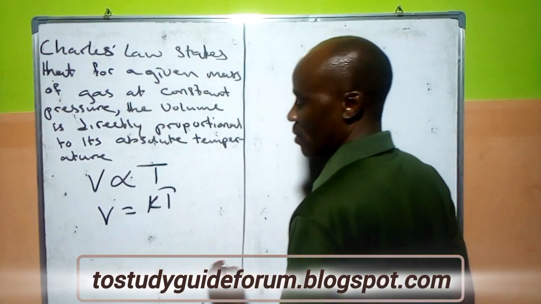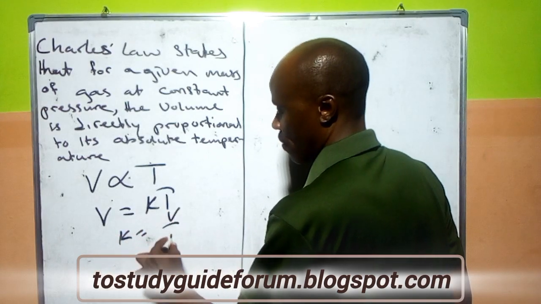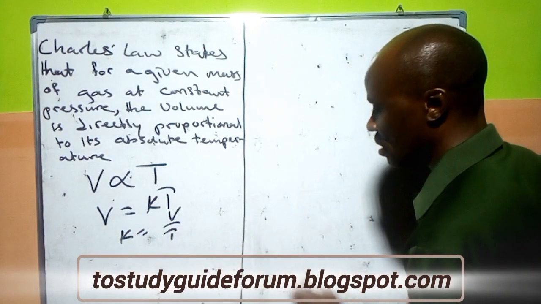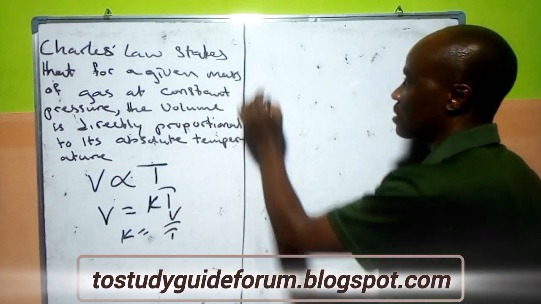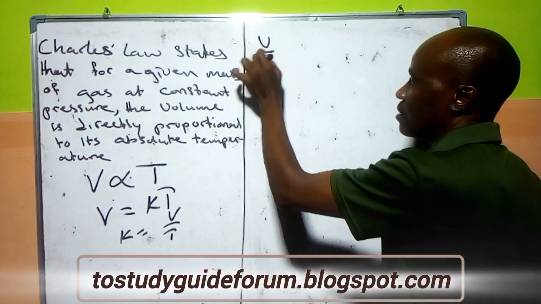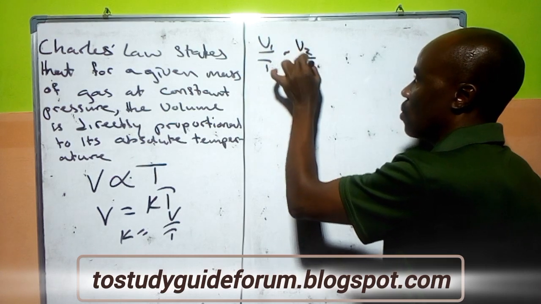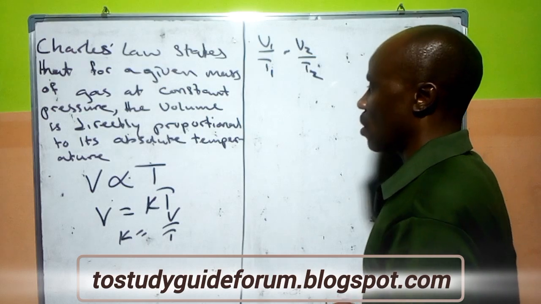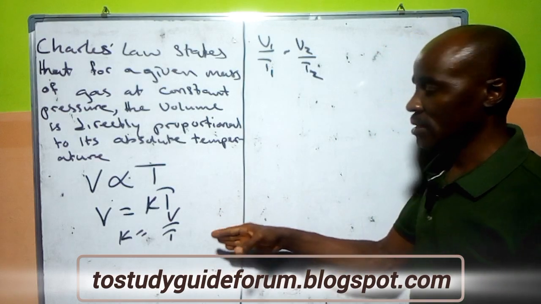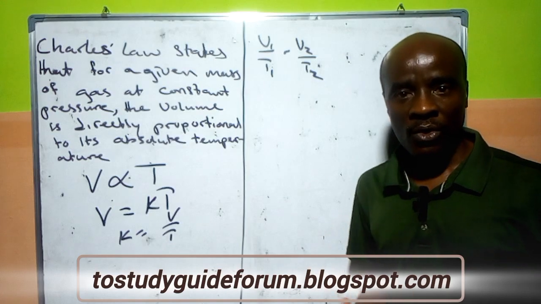So to get the value of this constant would mean V over T. Having this at the back of our mind, if we are comparing two gases, it means that V1 over T1 is equal to V2 over T2,